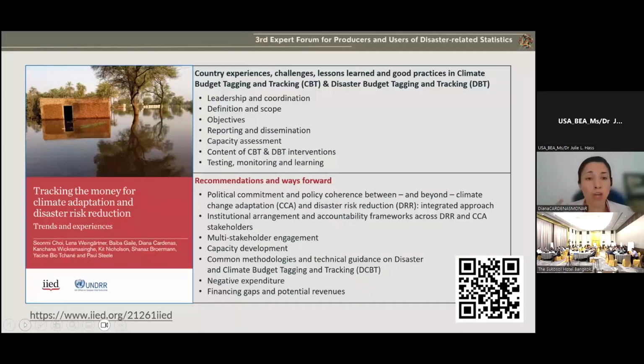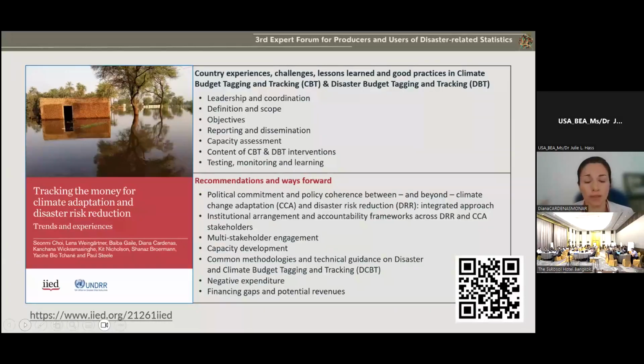And also a topic that is becoming more and more important and somehow connected to what Daniel was saying about building back better is the issue of loss and damage, which is also a big topic right now in the discussions in Bonn that are taking place in preparation for COP28. So I would like maybe to tell you a little bit about this work we have done with IIED.